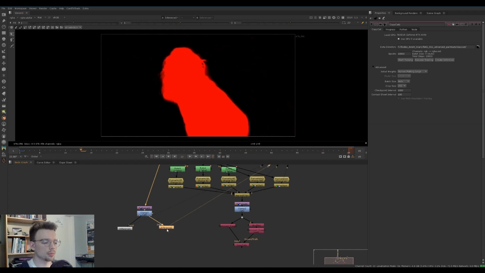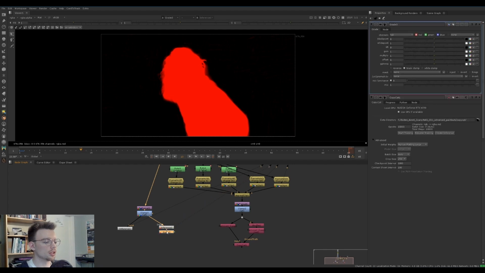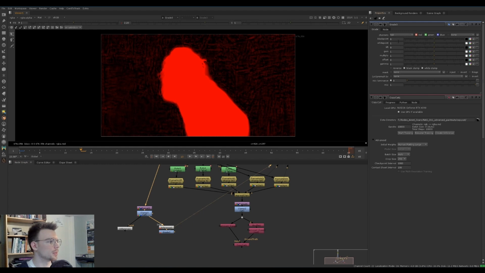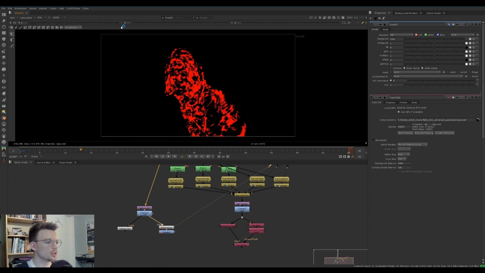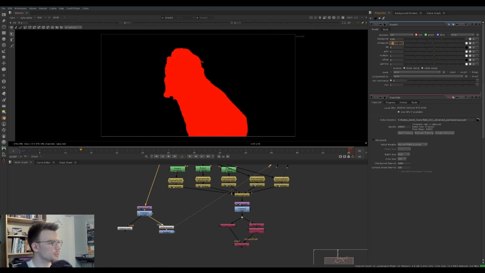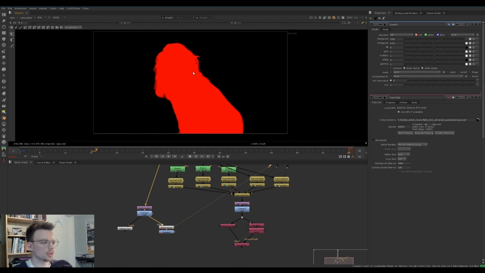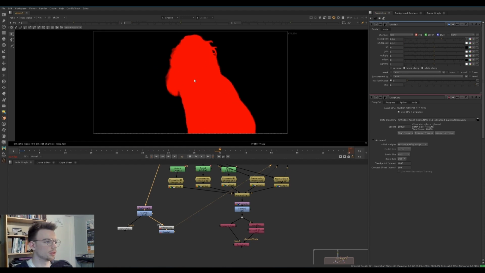Just to clean up our output, what we do have here, I'm going to use a grade node, turn on white clamp, and then we'll boost up our gamma so we can see all the garbage in the background, and just increase the black point until that all goes away. And then we'll decrease the gamma so we can see how there's a ton of holes, and just bring down the white point a little bit until that is no longer a problem. And now we've got a nicer matte. You can see there still is a lot of flickering,